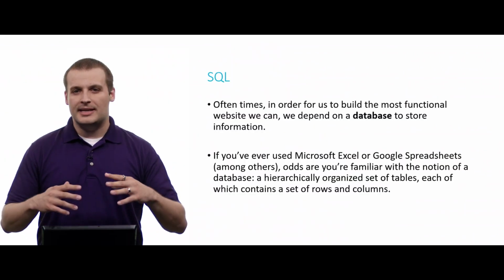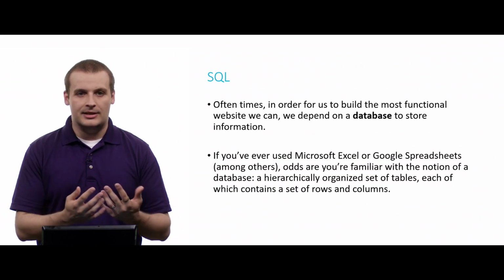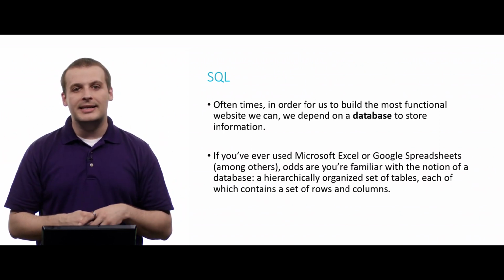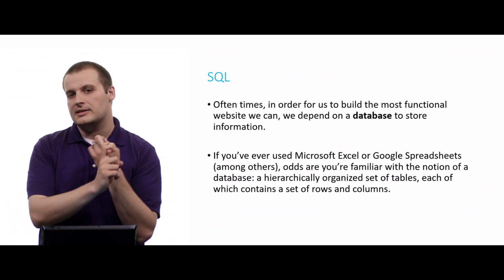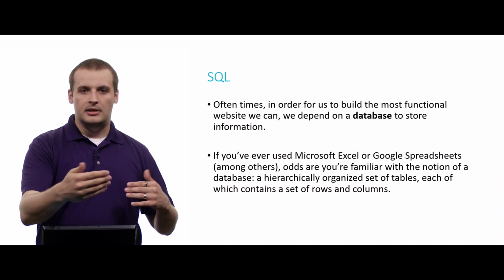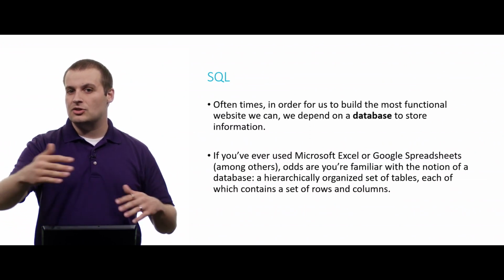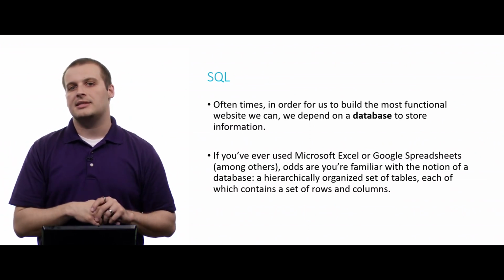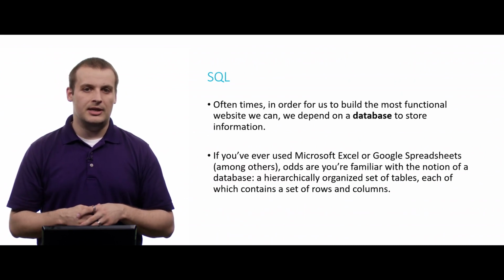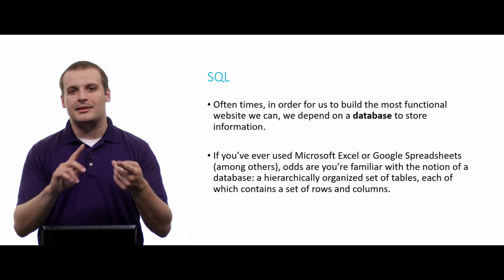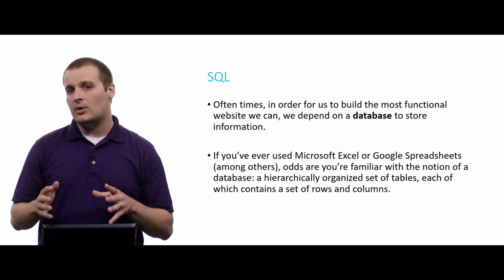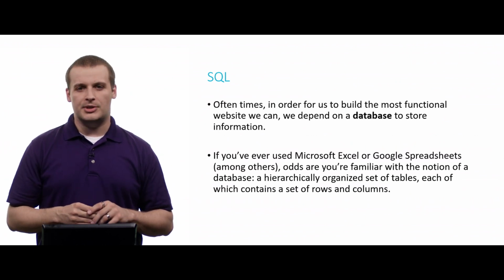In order for us to build websites that are more complex than just a page where they go and see news, for example, we might need a database to store information, such as username and password combinations, so that a user attempts to log in. That login information is sent to the database. It is checked against information in the database to see whether that username password combination matches, and if so, it lets the user in. We might also store other stuff for users, like their shopping history or really any other information that you might want to keep long-term for a user.